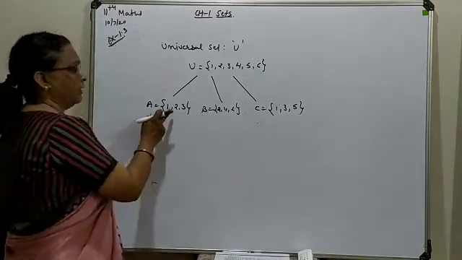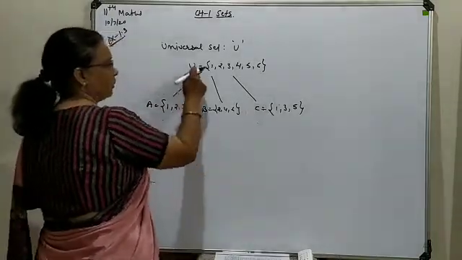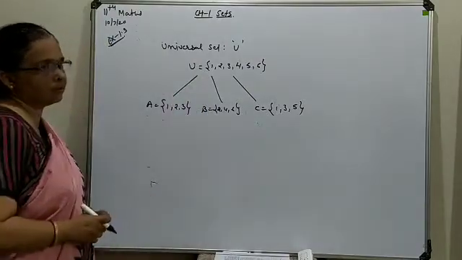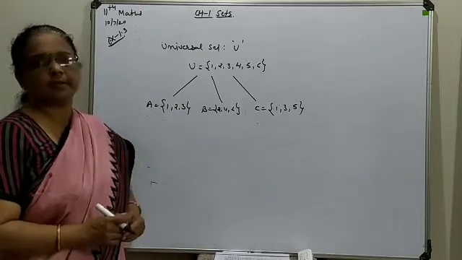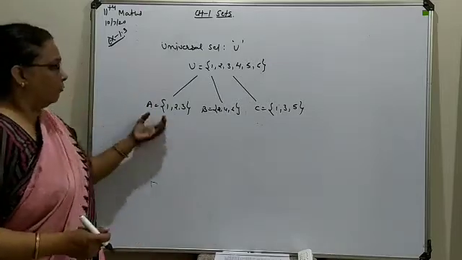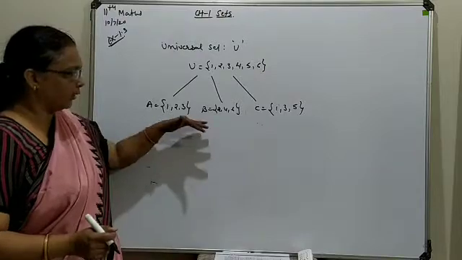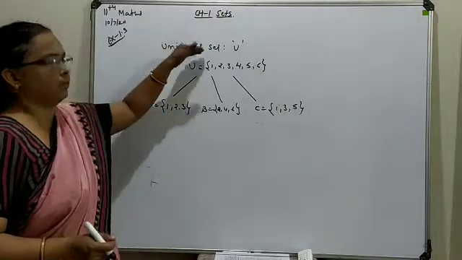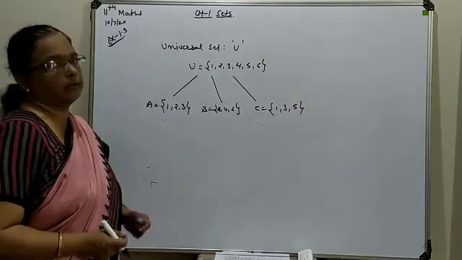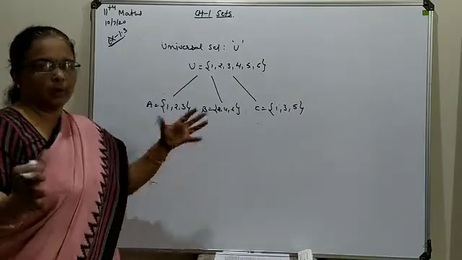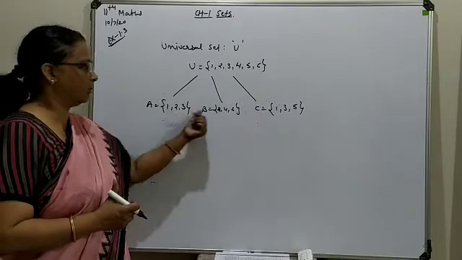So with reference to all 3 sets, it will be considered the universal set. So the statement regarding the universal set is, whatever subsets you have formed, all the elements of the subsets should be contained in this main set. So that's why it is called universal, it contains the whole group